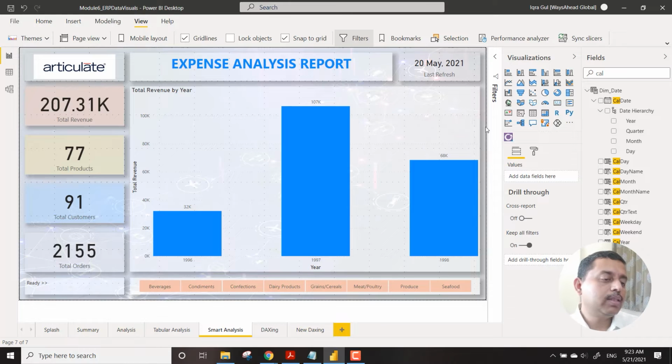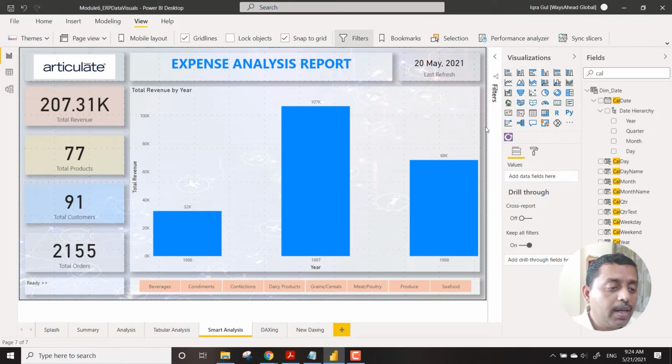Now if I just give you this data and say, can you give some inferences out of this data? This is a kind of dashboard tile that we are making. When we publish it, you will see how it positions itself in the cloud segment as well. Just by seeing this chart, it looks like in 1996 the business was not so good, in 1997 it picked up, and in 1998, again, we did not do well. This is the general analysis that you can give just by looking at this particular chart.